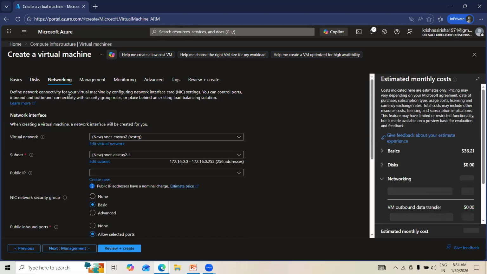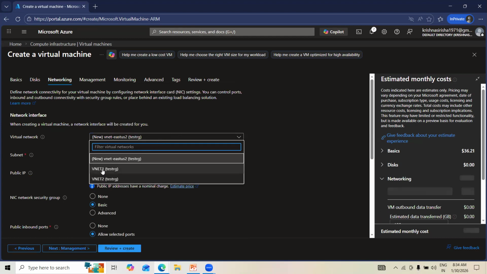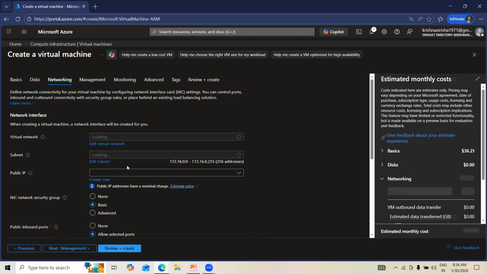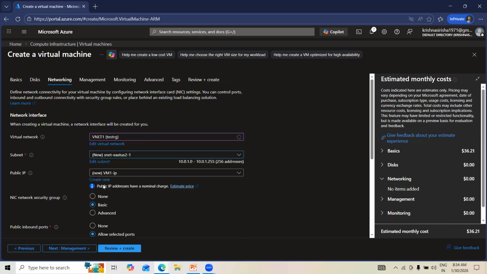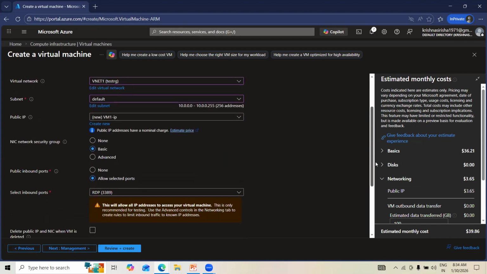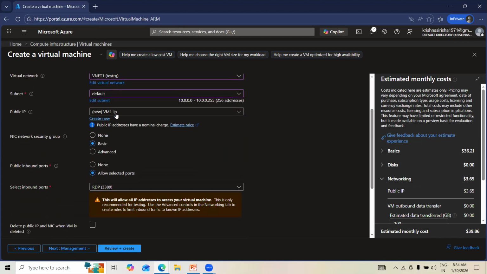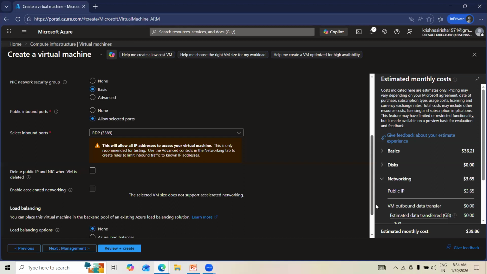So this particular server I'm going to put into the vnet1, and the subnet is the default subnet. This subnet I'm going to deploy this VM. So I'm allowing the public IP for this VM because first I want to connect to one VM, right? So I just put the public IP for this particular VM. Okay. So next is